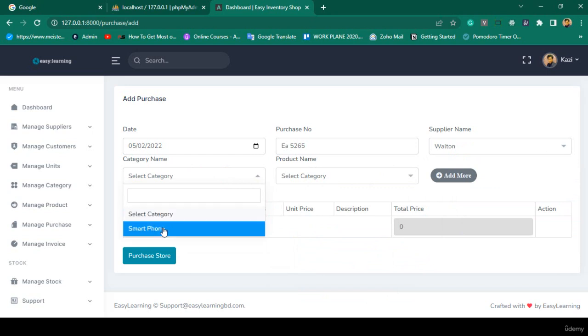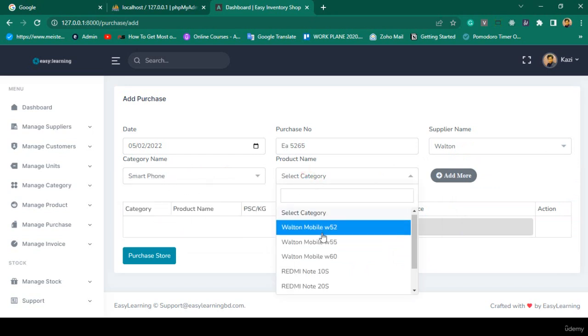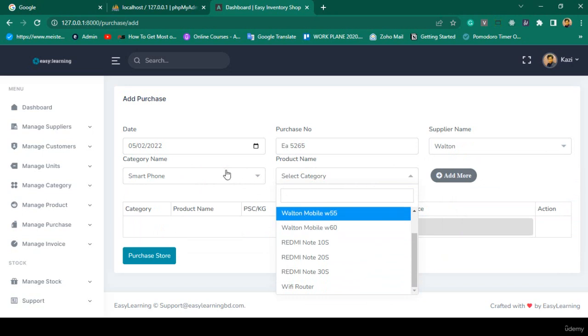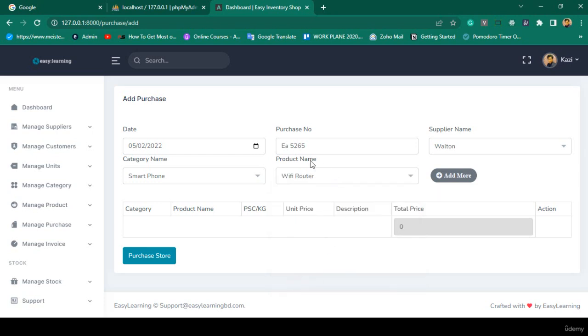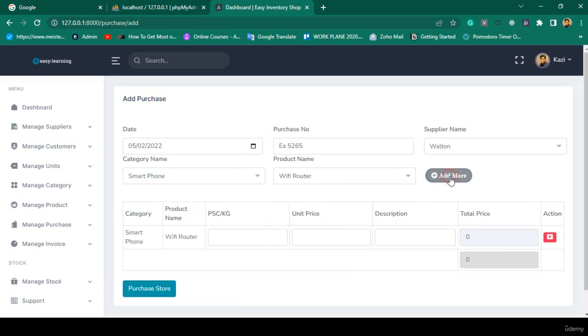For the Walton, there is the smartphone, and when you select that smartphone category, you can see all the smartphone related products I have created are now loaded. So in our smartphone category, I have selected one product, a Wi-Fi router. So now I simply select that Wi-Fi router, and now from here, if you want to add multiple ones,